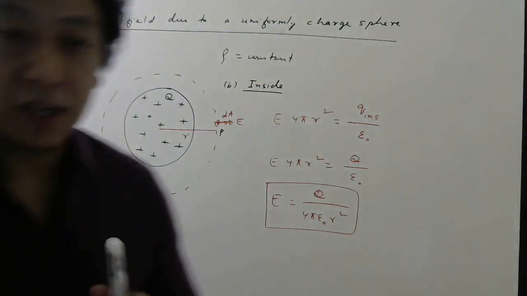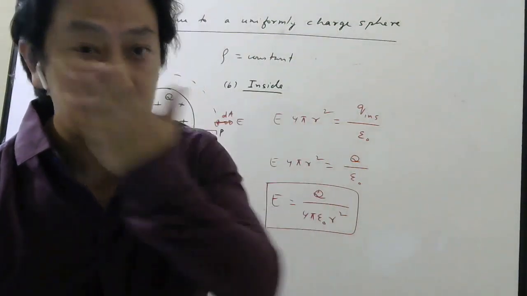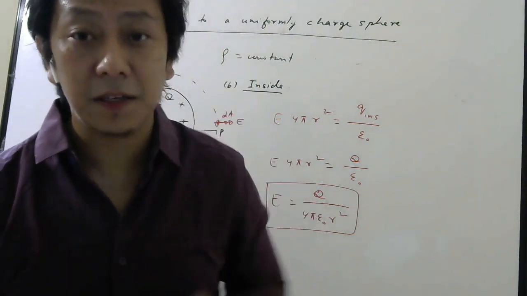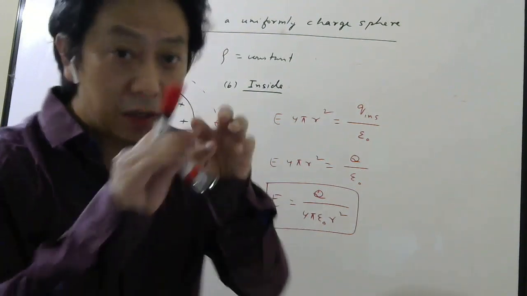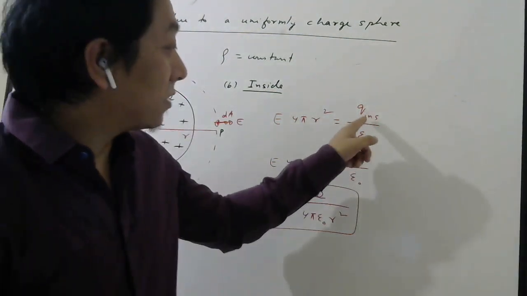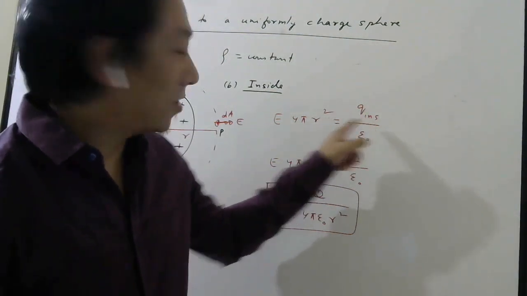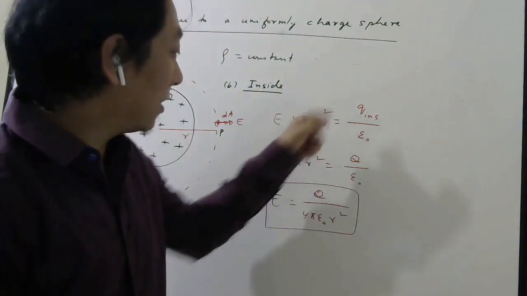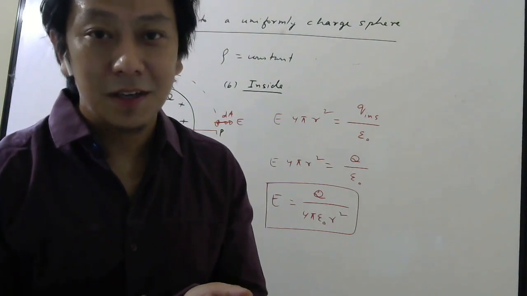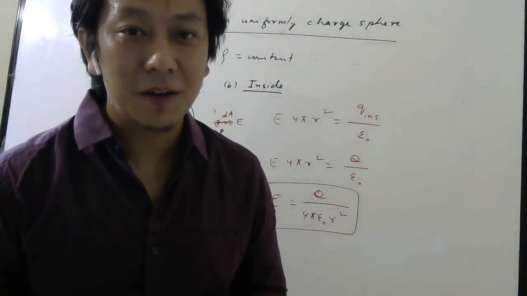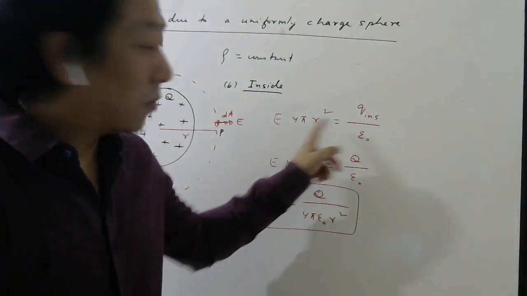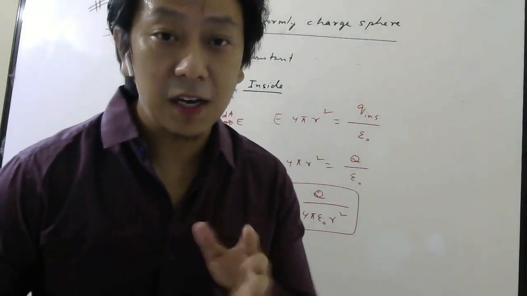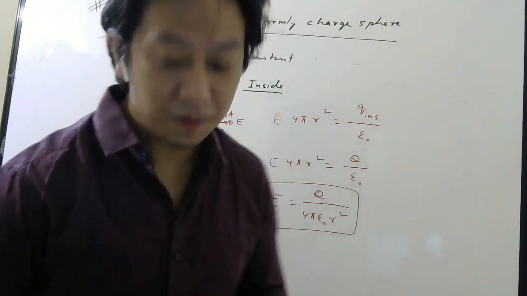In the case of shell, what was the electric field inside the shell? In the case of shell, the electric field inside was 0 because if you make a Gaussian surface, the charge inside was 0, remember. So if this is 0, E also has to be 0 because this area cannot be 0. This area is the area of the Gaussian surface and you can draw whichever surface you want. So this is your wish. But if charge inside is 0, then this E must be 0. So for a shell, electric field inside the shell was 0.